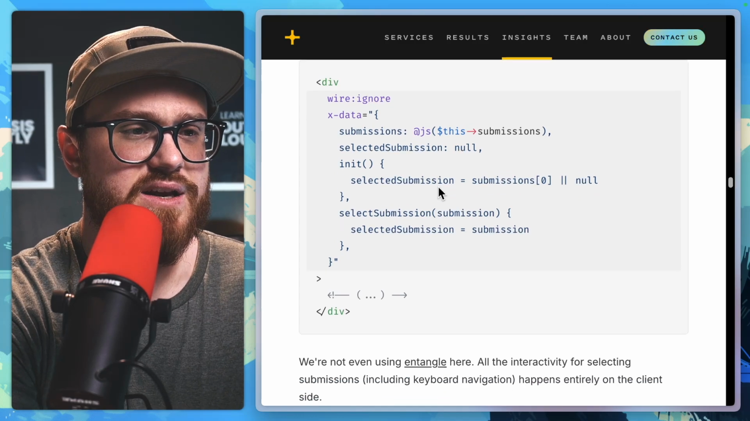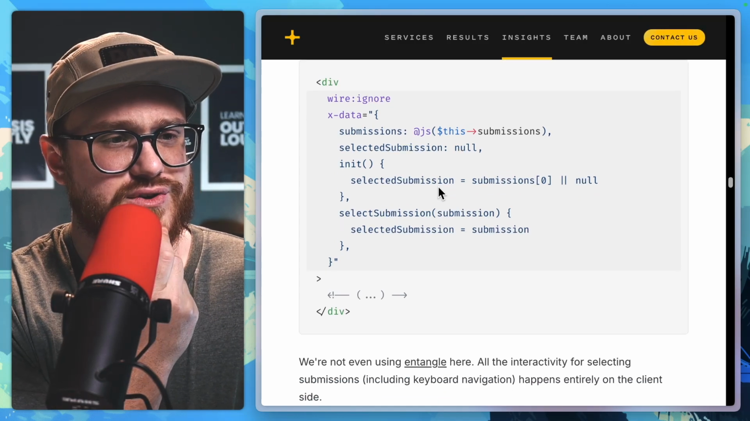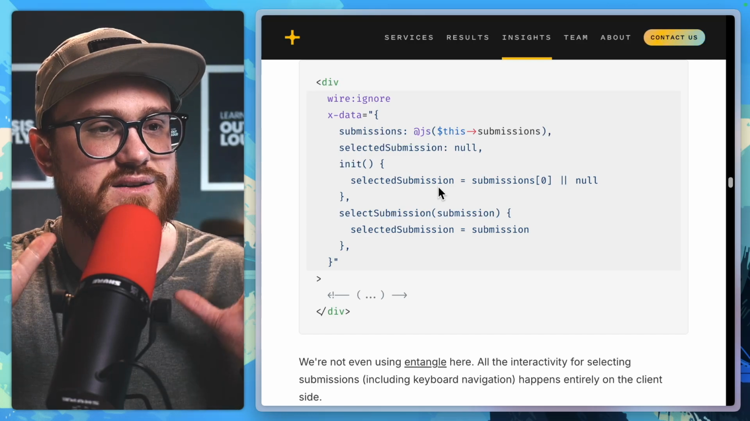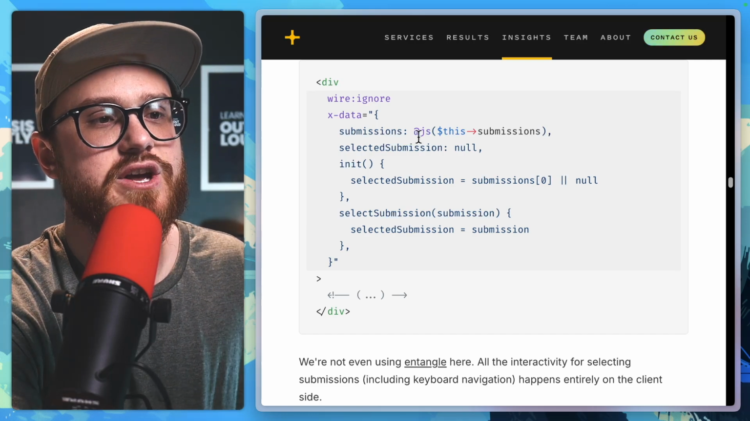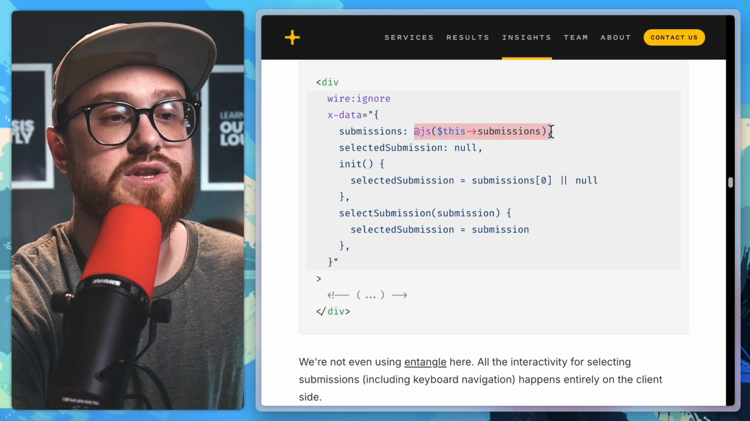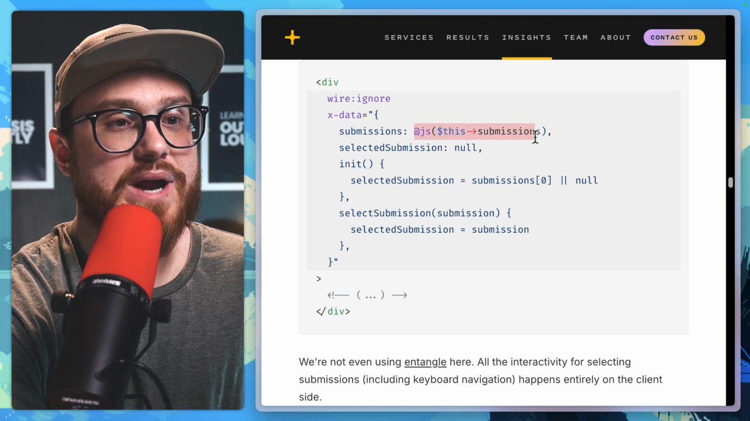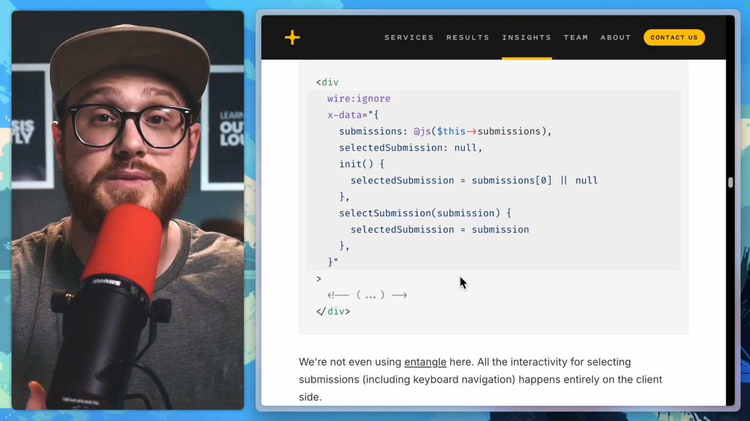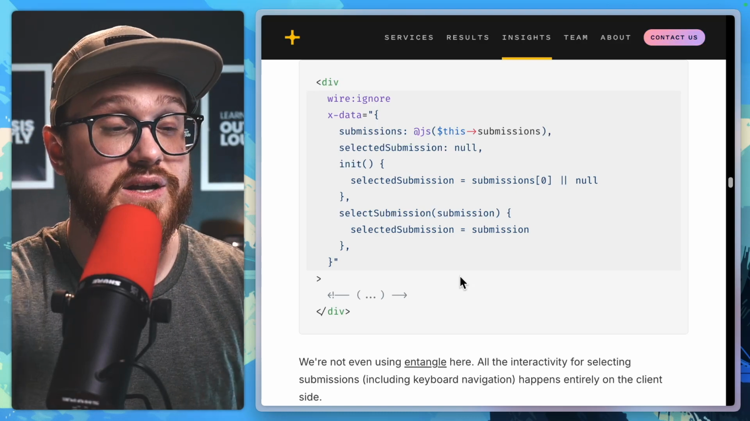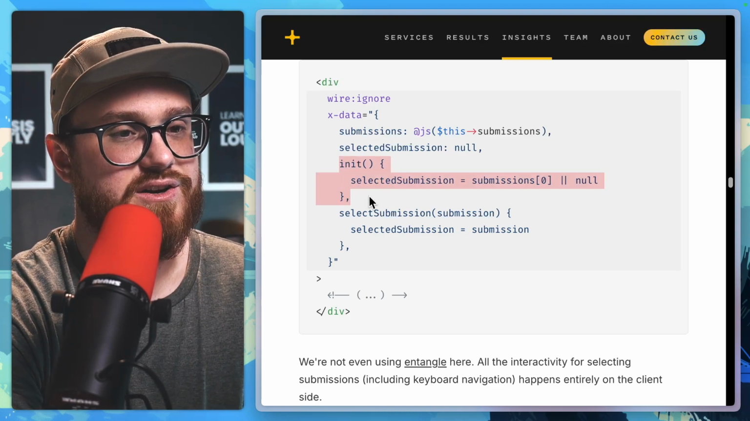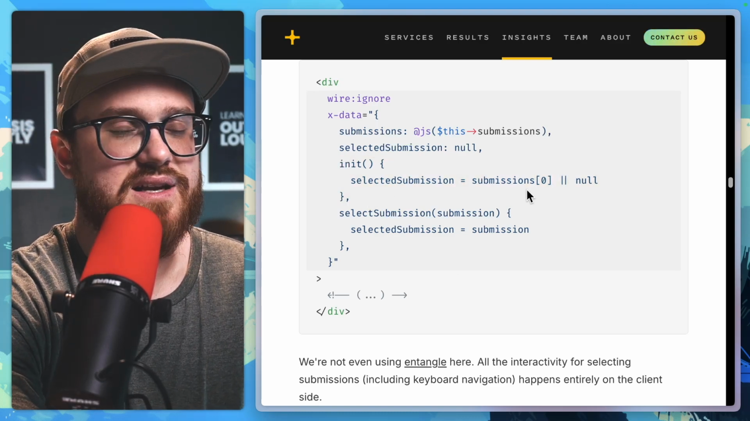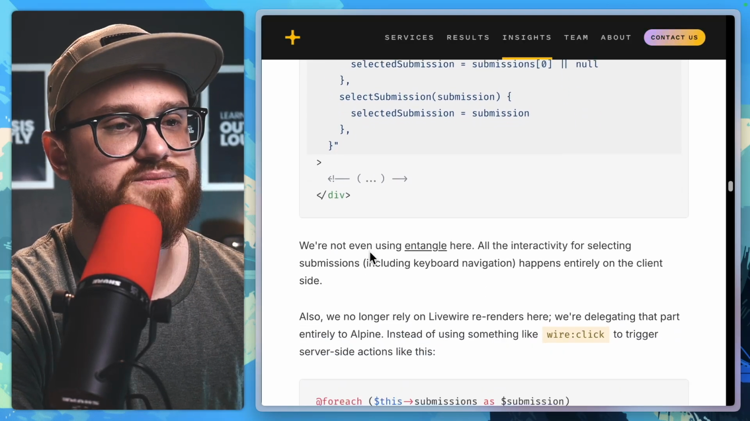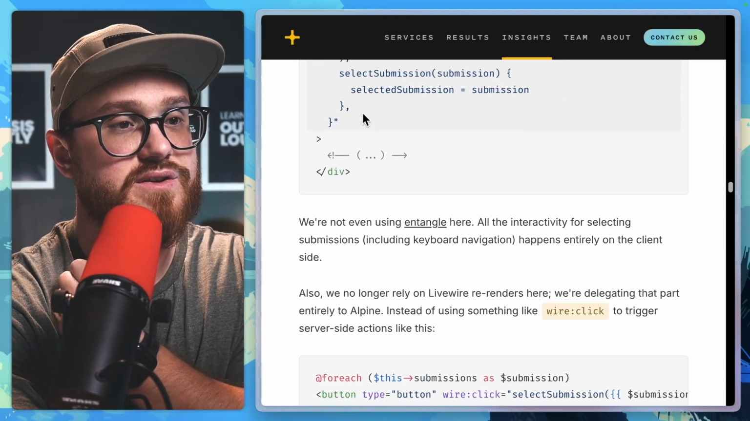So this is just saying selected submission is null. Okay, so it's basically setting the state of submissions to this submissions within JavaScript. So it's saying, hey, grab this submissions from the PHP element, the state that's being loaded in. And then we have this on initialized. We can set selected submission equals submissions versus array or null. And then selected submission